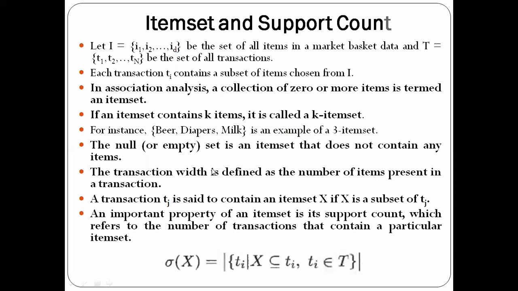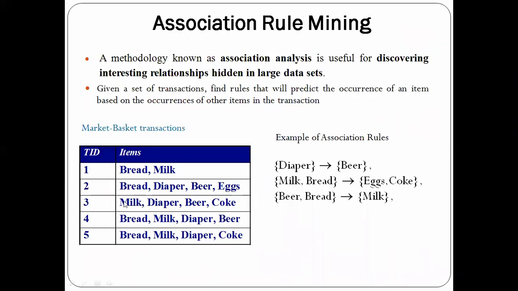So transaction width is nothing but the number of items present in the transaction. Now we say that a transaction Tj, where Tj is a general transaction, contains an item set X if X is a subset of Tj. For example, if I take transaction 3, it contains 4 items: milk, diapers, beer, and coke. Now I say that if I consider this subset, diapers comma beer, then it is a subset of the transaction because